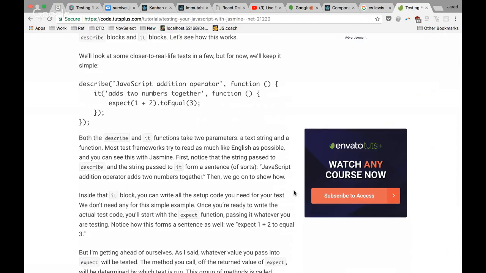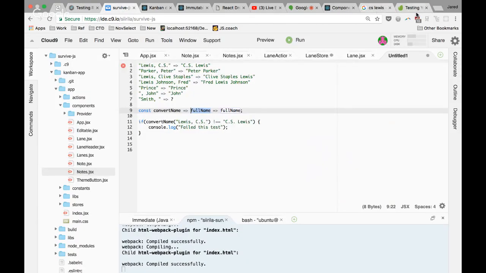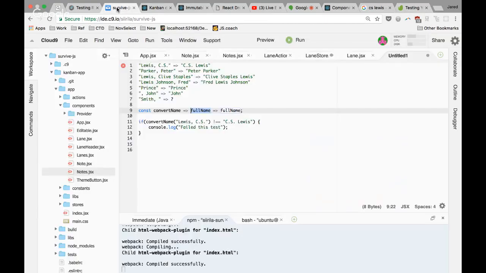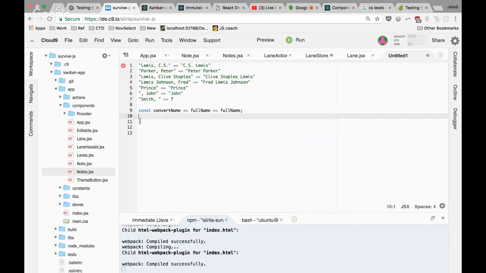Okay, so what you would write out in code would be something more like this, where you'd be testing. It is sort of your test you're writing inside of this block, and you say, what am I testing? And then inside of that, you're going to have your test. And what you'll do is say, I expect this. So in our case, it would be expect convertName of this C.S. Lewis bit or whatever to equal the other string. And if you were writing that out yourself and you didn't have a little test framework around to help you out, the way you would probably do something like what we have up above